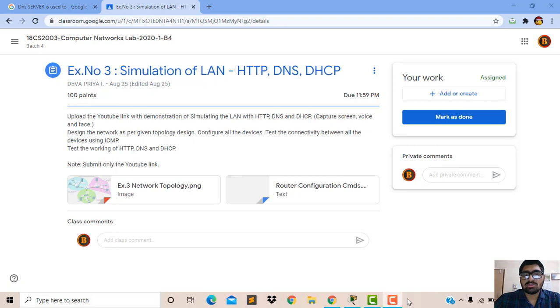DNS expands to Domain Name Server. It uses only the domain name to access the server. For example, the user has entered www.youtube.com. The domain name is www.youtube.com, but the server has an IP address to communicate with. The domain name is only a name, but the internet uses the numeric IP address to communicate.